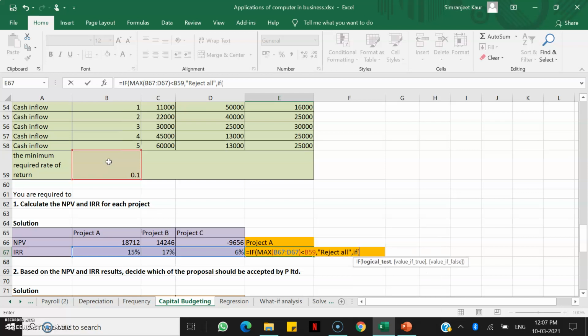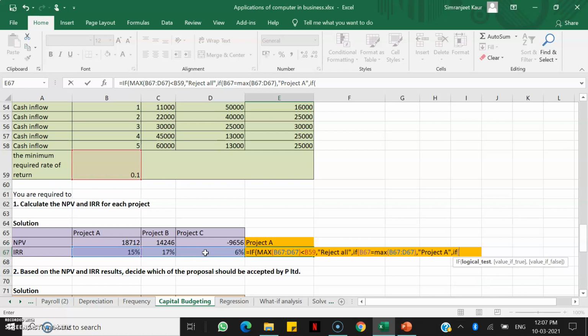Otherwise, if project A is equal to the maximum of these three, then write project A.